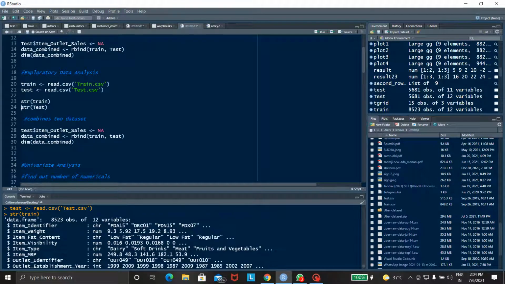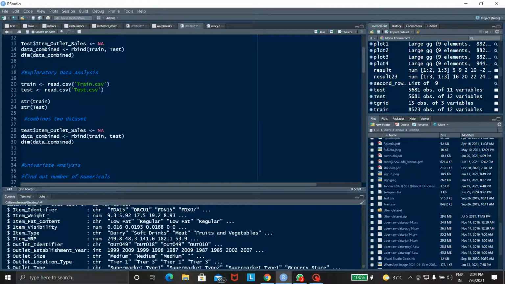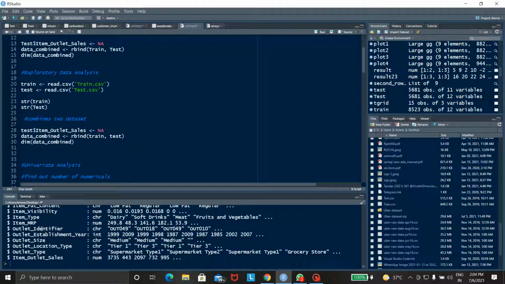We see the output is a data frame. There are 8,523 observations and 12 variables. The 12 variables are item identifier, weight, fat content, item visibility, item type, item MRP, outlet identifier, establishment year, outlet size, location type, and item outlet sales. These components are used in this dataset.